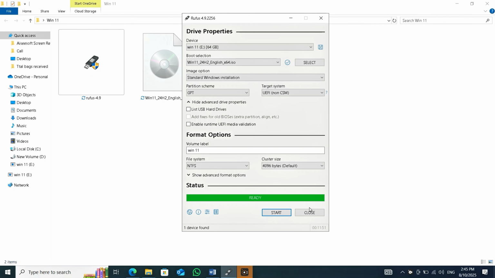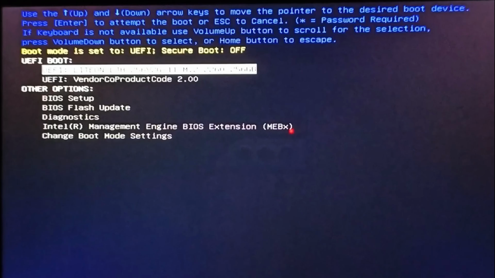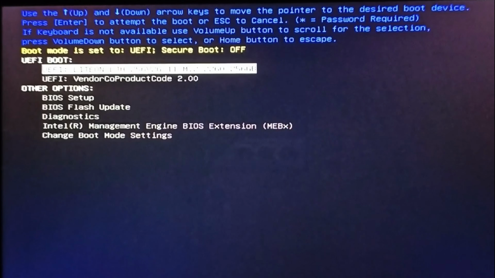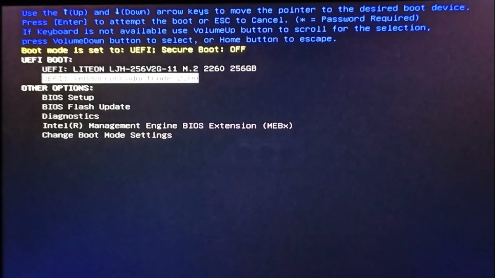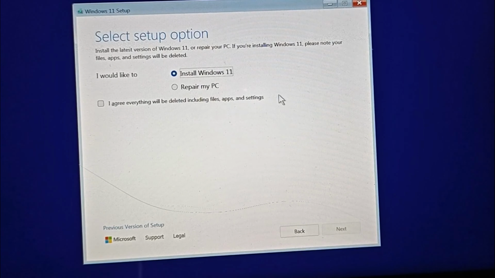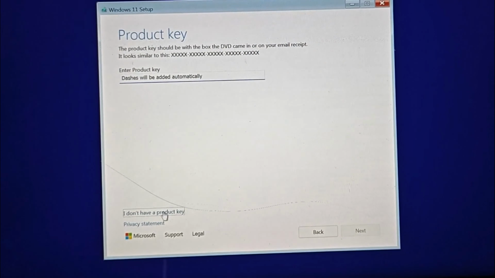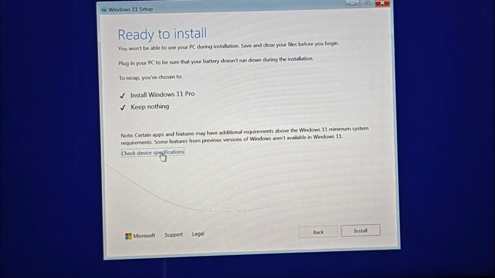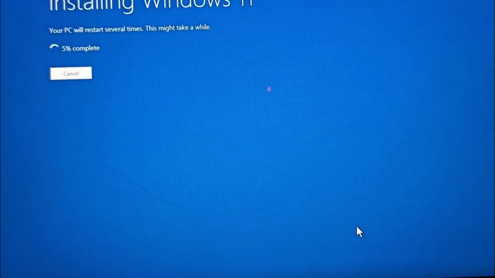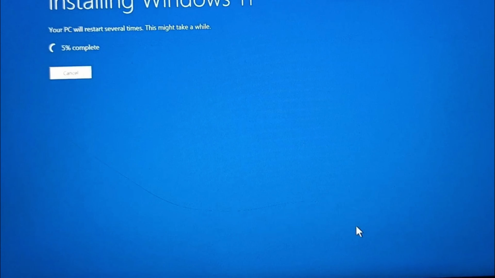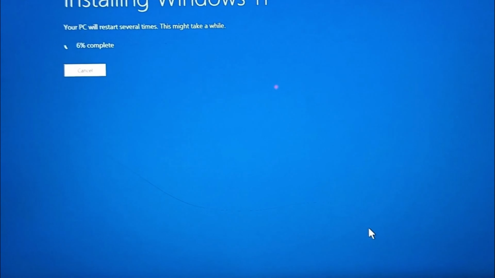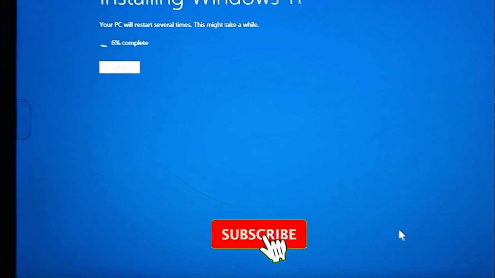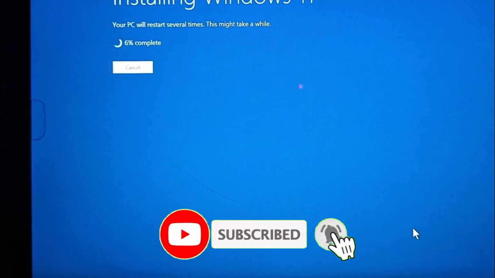Now boot your PC from the USB. You might need to press F12, F9 or the escape button depending on your motherboard to access the boot menu. If you are upgrading, select keep files and apps. Now there will be no option saying that your PC is unsupported. Windows 11 will be installed smoothly. Here you can see Windows 11 is installing without asking for TPM and secure boot. Congratulations,